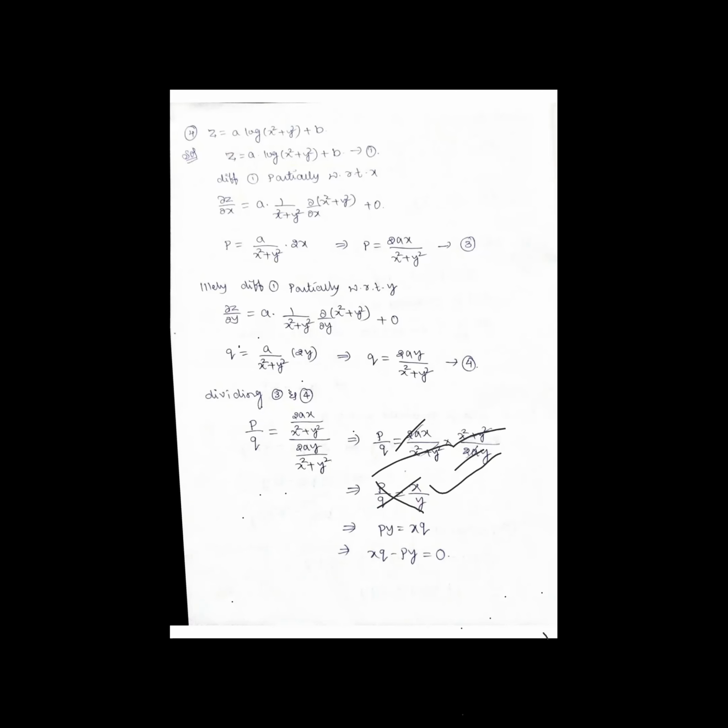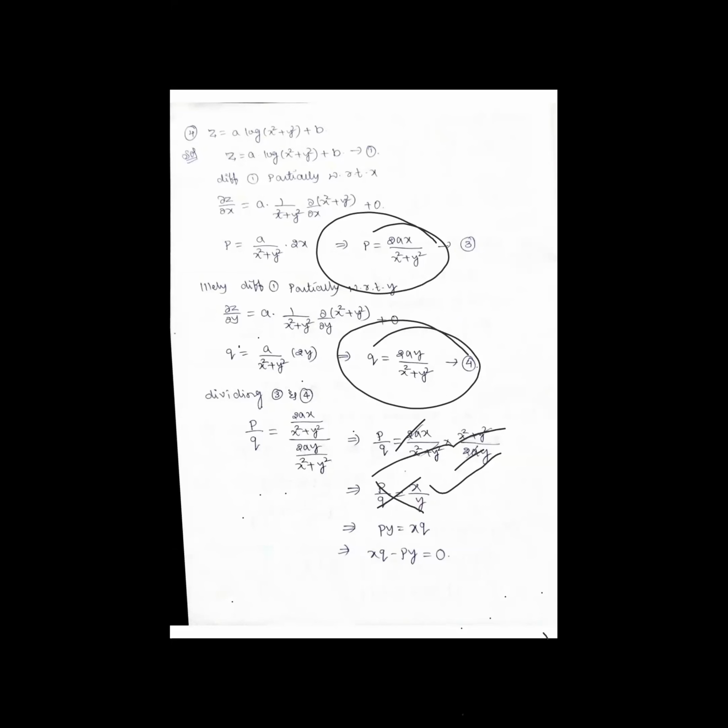See, this technique is different here. Why have I used it? That is important because after solving, we are getting only one value of a. And because of that, here there are two values, b is also there. If you substitute again, b will remain as it is. Our main intention is to remove a and b. So I have divided these two and I got this. So at the end, you can see there are no arbitrary constants.